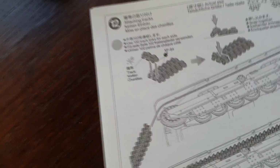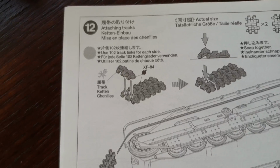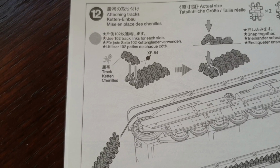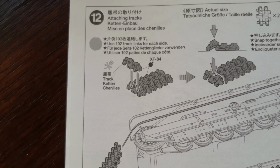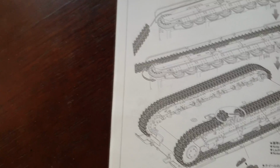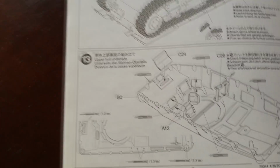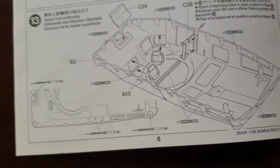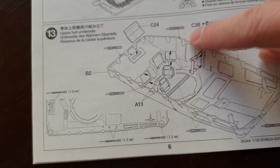And here's the tracks. It says use 102 links for each side, and they are supposed to snap together. So we're going to test that theory, because I think I've got some time in which I can build this up. And now we're looking at the upper hull, and first thing it's doing is cutting off all these little extra pieces,